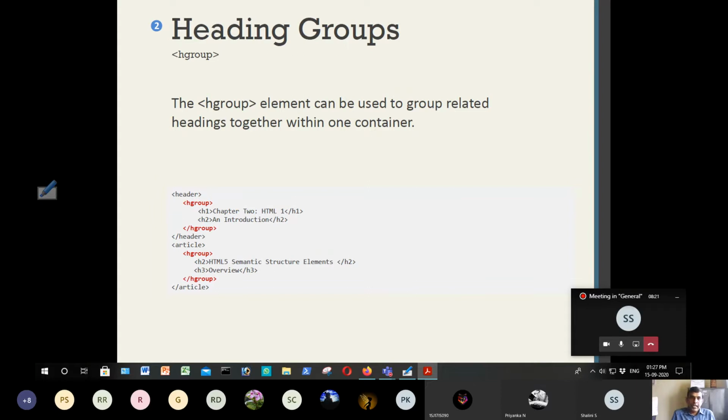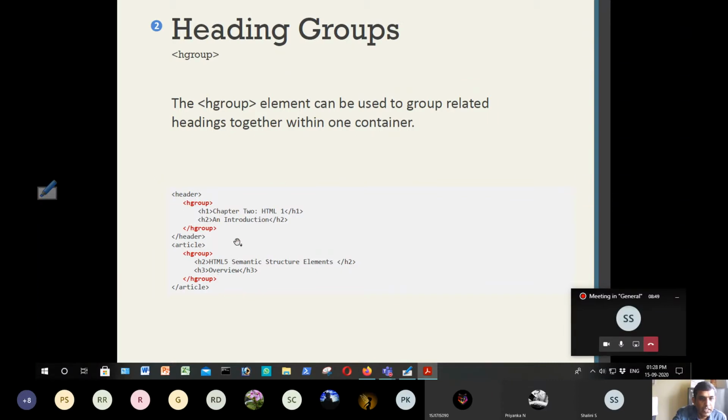So H group is another tag or element present in HTML5 that is used to group related headings within one container. So for example, within header we have given H group. So some headers H1, H2 and then H group. That means within header there is one group that is created. Similarly within article, there is another H group that is created.